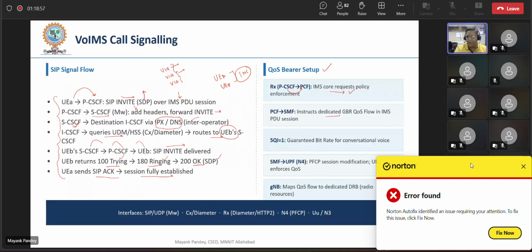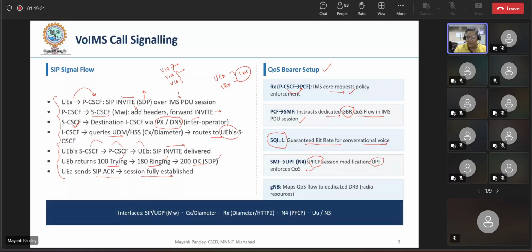The PCF asks the SMF for a guaranteed bit rate QoS flow in IMS for the VoNR, 5G call. 5QI equal to 1 for guaranteed bit rate for voice. And the SMF, using, as I told you just now, the PFCP session, enforces the QoS. So means here for voice